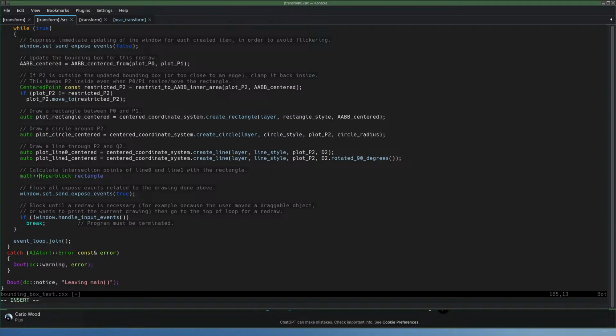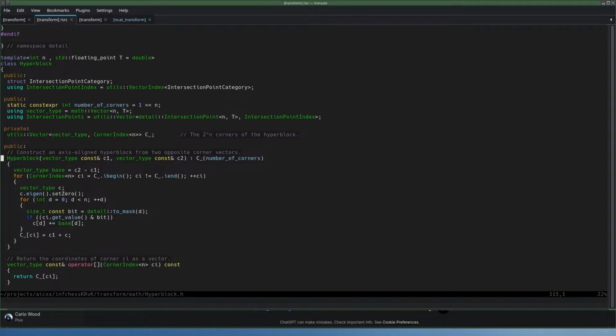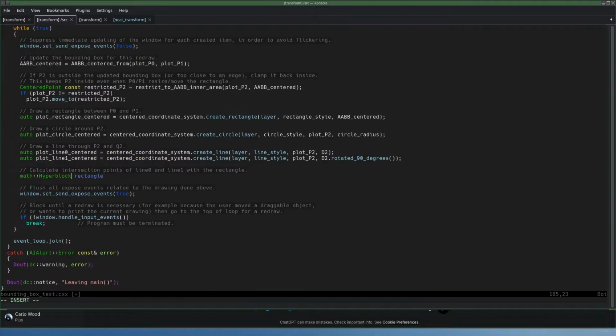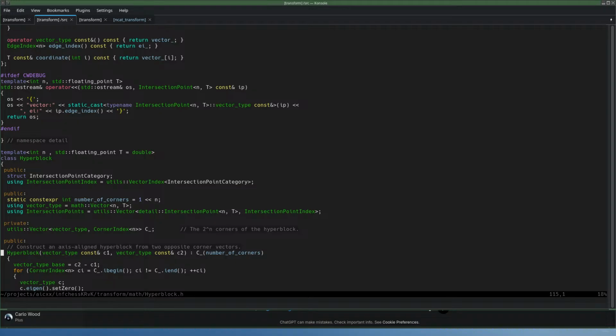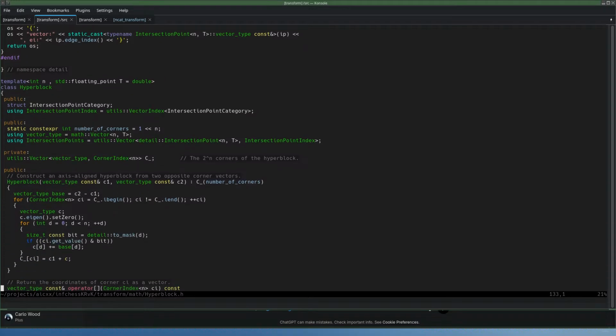That is a math hyperblock. And it takes an n, that is the number of dimensions. So this is a rectangle, so that is 2. Making it a real rectangle. Now the hyperblock itself is not coordinate system aware. So yeah, I could make it coordinate system aware. I'm getting seriously tired of making everything coordinate system aware. So hyperblock is just not. Hyperblock has to be created though from 2 vectors by the looks of it,